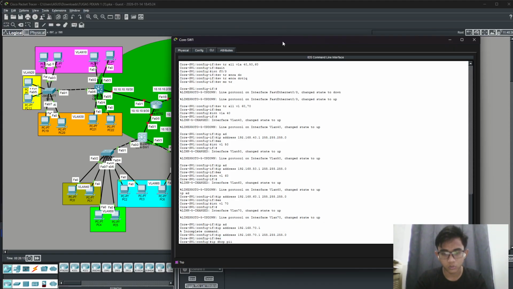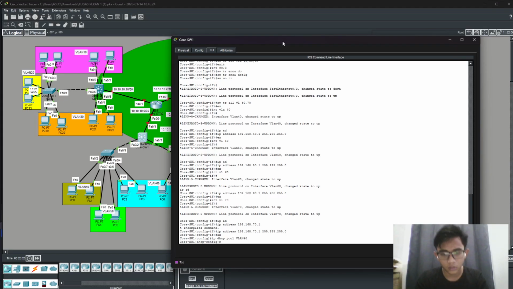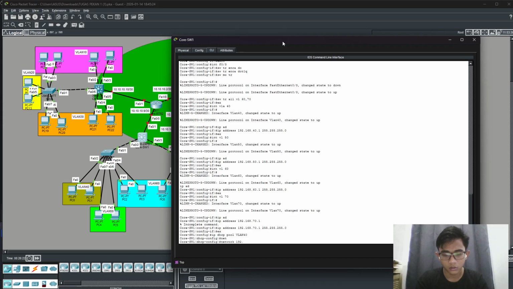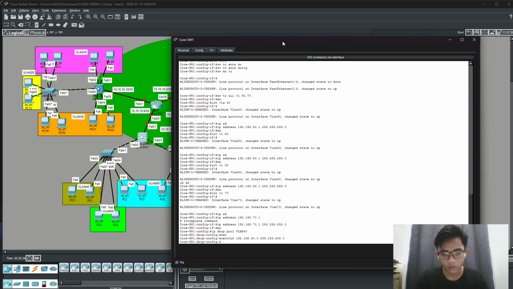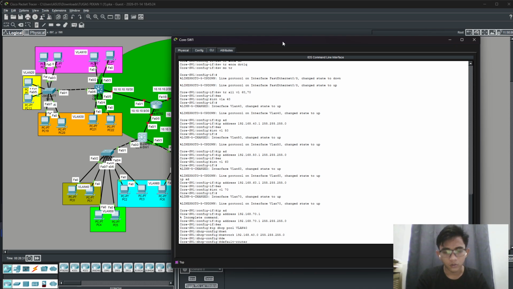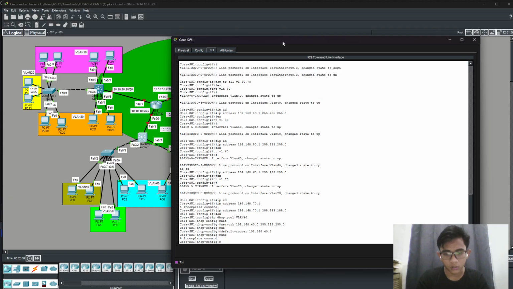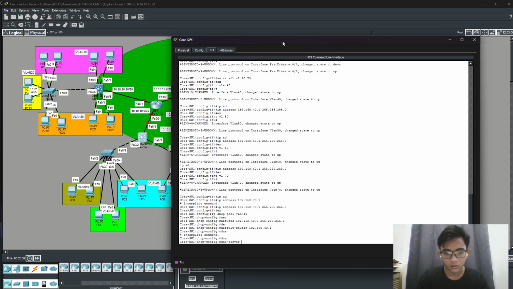And now we make the DHCP. The DHCP pool. Don't forget the name is in capital letters. VLAN 40. Network is, okay. So the default router, we will use the IP of the SVI. Then the DNS server is the same as the others.